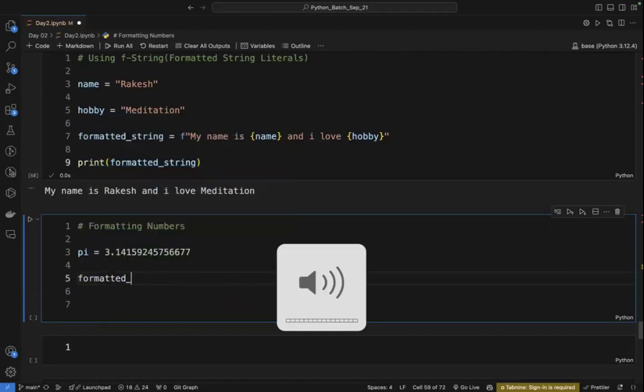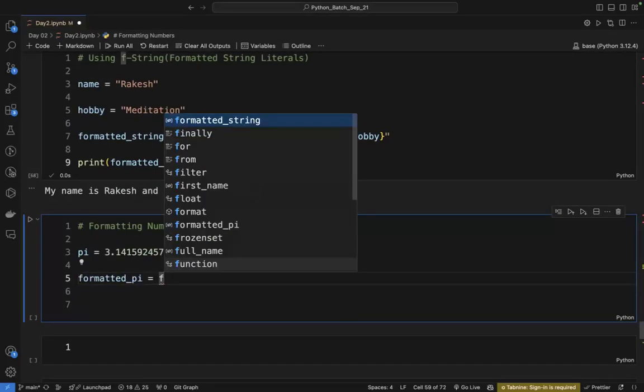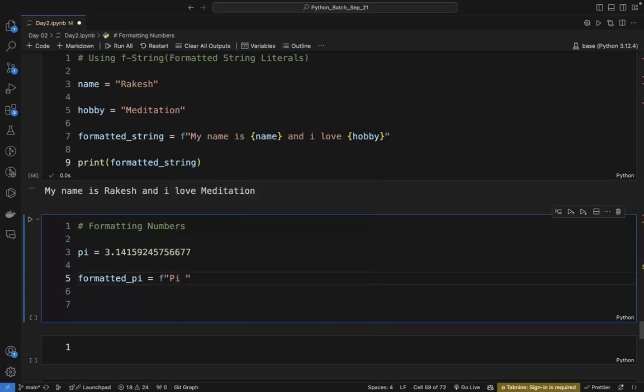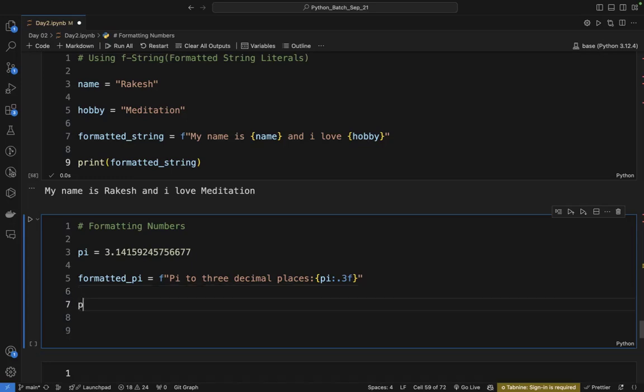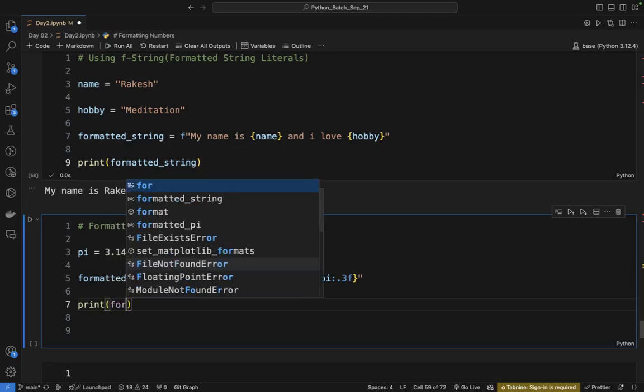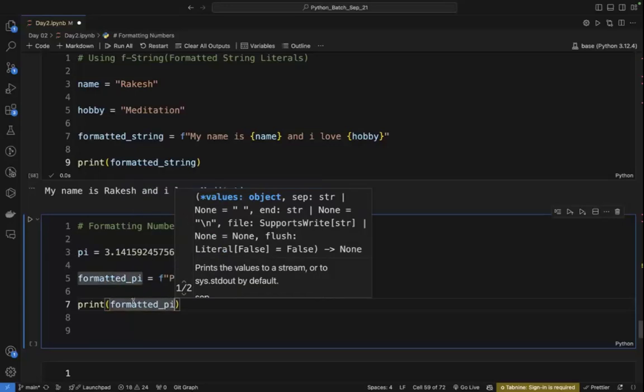फॉर्मेटेड, लेट्स राइट पाई इज इक्वल टू एफ स्ट्रिंग। इनसाइड दिस एफ स्ट्रिंग, pi to 3 decimal places, और लेट्स राइट। इसके बाद में यहां पे ये लिखूंगा, आफ्टर दिस आई विल पुट दिस कर्ली ब्रैकेट एंड पाई, एंड देन मैं कोलन दूंगा और .3f लिखूंगा। दैट मीन्स मैं इसको ये बता रहा हूं कि सिर्फ 3 डेसिमल प्लेसेस तक की वैल्यू को लेना है। देन इफ आई राइट प्रिंट, और मैं अगर फॉर्मेटेड करता हूं एंड इसको रन करता हूं कोड को,